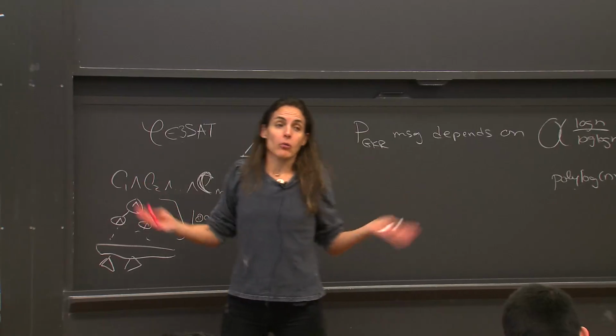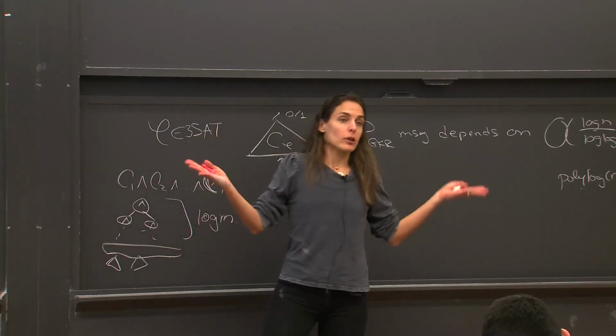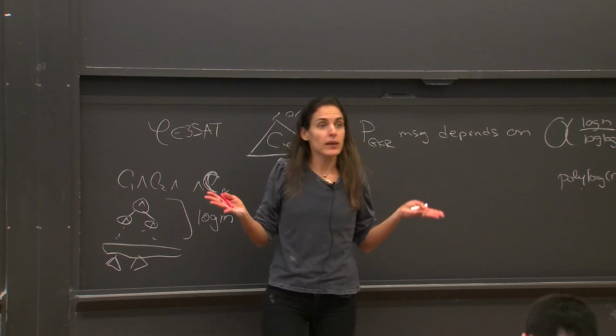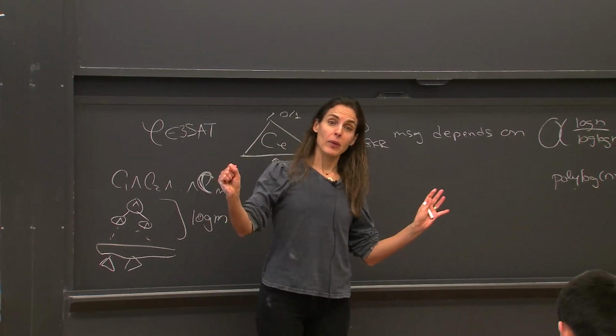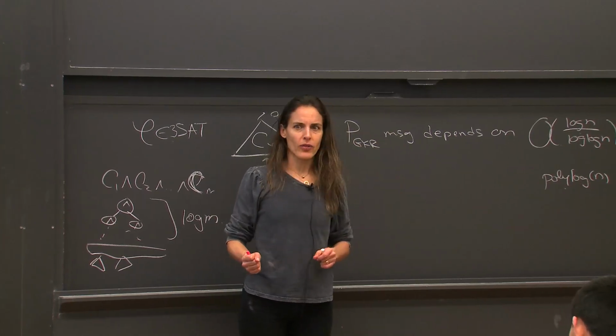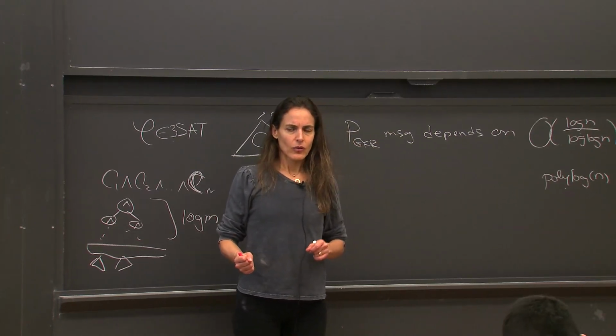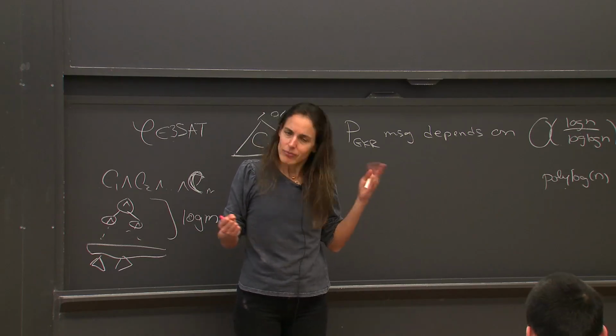I allow my honest prover to run in time poly n. I allow my malicious prover to run in time poly n, and that makes sense to me. But now I'm saying, no, the honest prover can actually run in time n. The malicious cannot. No, the malicious usually has more power than the honest. So it's really a weak guarantee that kind of,